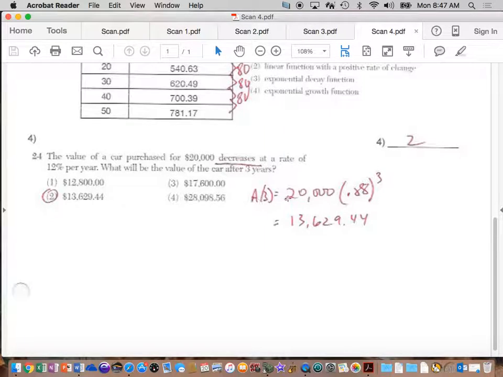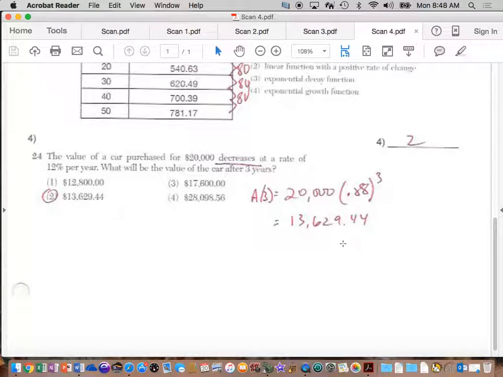So our function is always the initial amount, and over here, I should have written this down, and I didn't, I apologize. It's always 1 plus or minus the percent increase or decrease. What's the percent decrease in this function? 12%. So what's 1 minus 0.12? 0.88. That's where the 0.88 comes from, okay? And then it says 3 years later, so it's to the third power. And if you just punch that into your calculator, bam, out pops the answer,